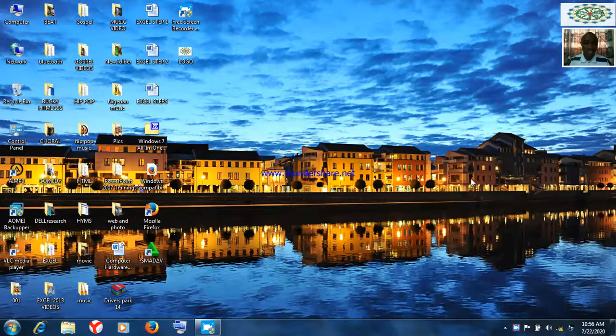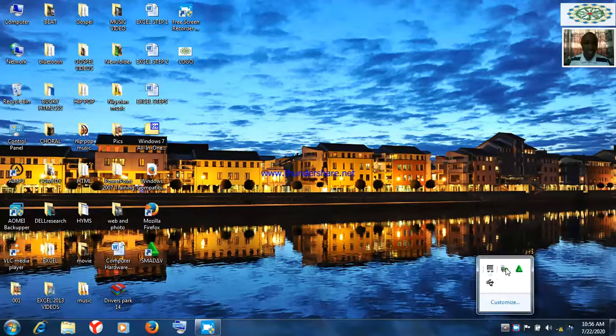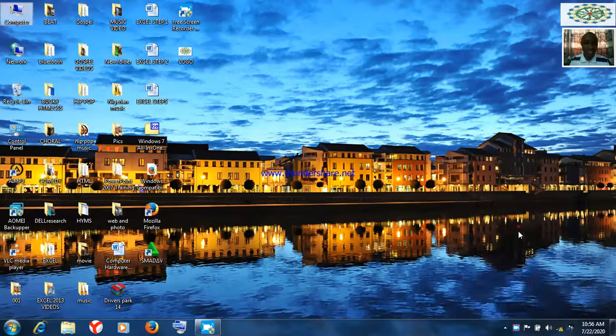So again, this is just the first way. The second way is where we go to the system tray. This is the system tray. What do we have in the system tray? We have the time and date, the graphics, the network, the volume, the battery, the information or action center, and the antivirus. There is an antivirus running, and the memory stick that we plugged into the computer also. These are all the information.